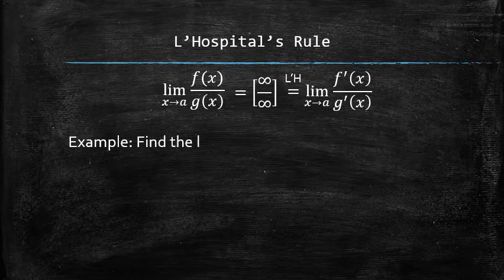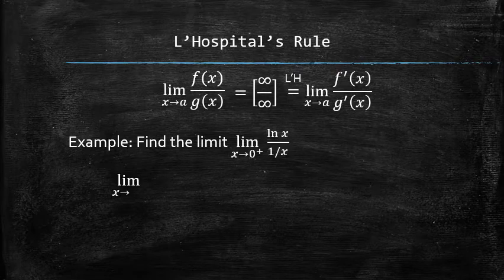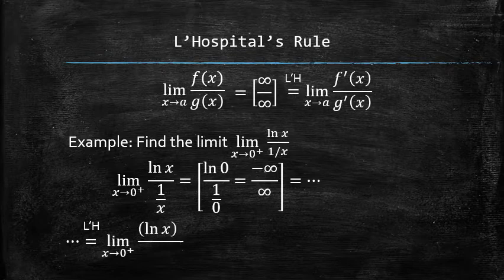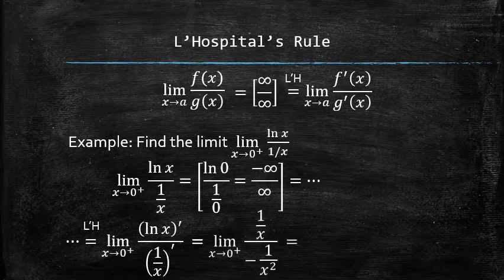For example, let's find the following limit. We start off the process by confirming that the limit is indeed of infinity over infinity indeterminate form. Then we apply L'Hopital's rule, according to which the limit is equal to the limit of the ratio of the derivatives, which are relatively easy to compute. After each application, we must reevaluate the form of the limit. It is not of any indeterminate form anymore, so we find the limit by simply performing the arithmetic.